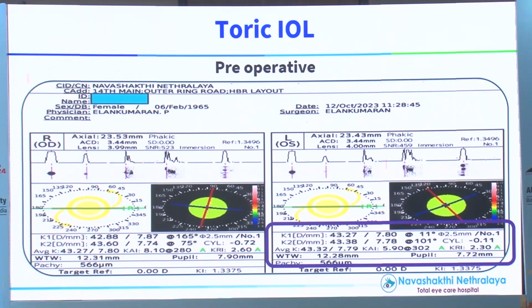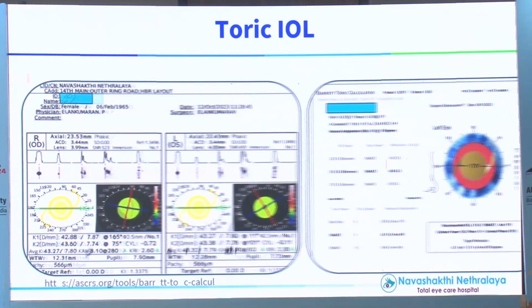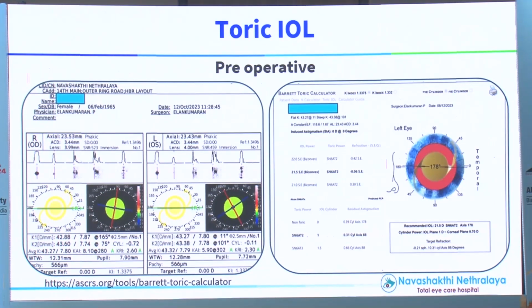But why did I put up this slide particularly? Right side, sorry, the pointer is not working on this. Right side, you can see the astigmatism is 0.72. So there is no question that you have to use a toric IOL, if you are using an advanced IOL. But look at the left side. The toricity is 0.13. But what happens when you feed it into a Barrett toric calculator? Look at what's happening. The Barrett toric calculator says, please use a T2 toric